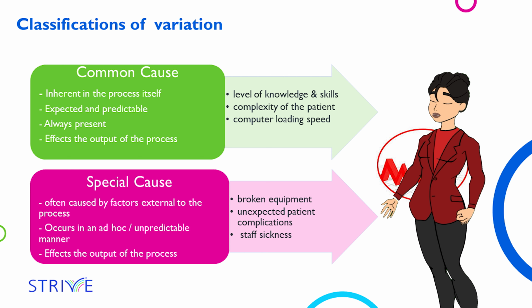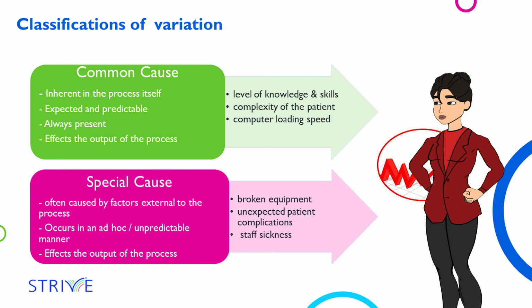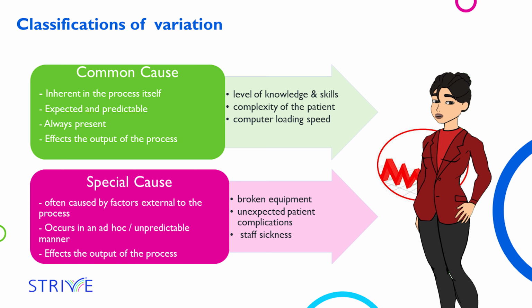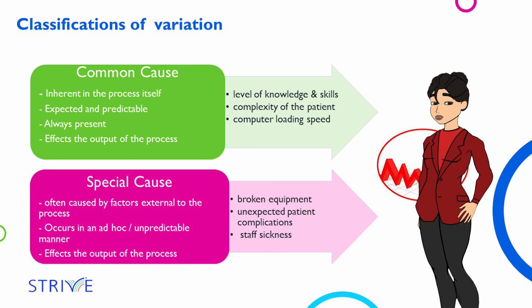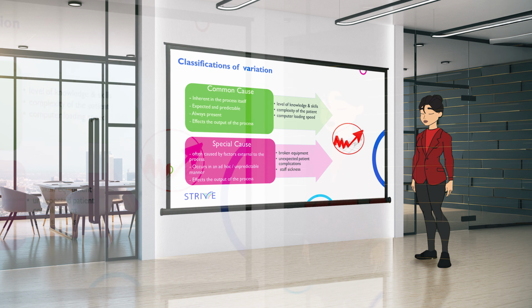If I am travelling to work using the same route every day, I expect some variation in my travel time, depending on how many traffic lights I am required to stop at and how much traffic is on the roads at certain times of day. If I plan to experience traffic on the roads because I travel at peak hours, and to stop at all sets of traffic lights en route, then I can avoid being late to work. The traffic lights and the traffic on the roads would be considered common cause variation because they are expected and can be planned for in order to minimise impact on my arrival time.